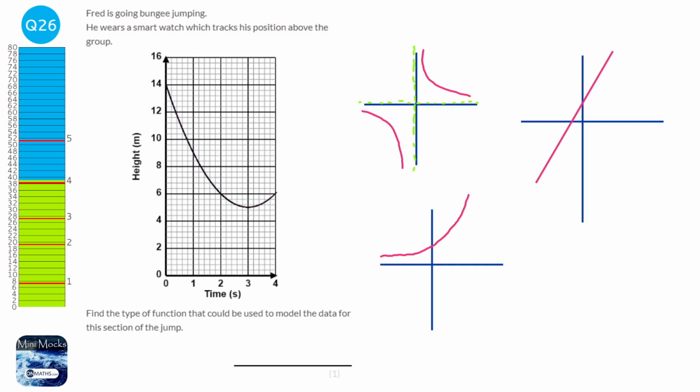So the graph that this is, or could be, is a quadratic graph, because it's a nice U shape. So if we carry this on, it could be a nice U shape. It could also be a cubic graph as well. So it could go up and then down and then up, and that's a cubic graph. But the most obvious one is a quadratic graph. So quadratic